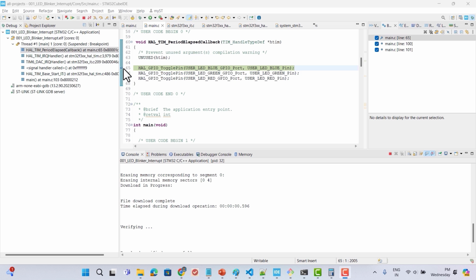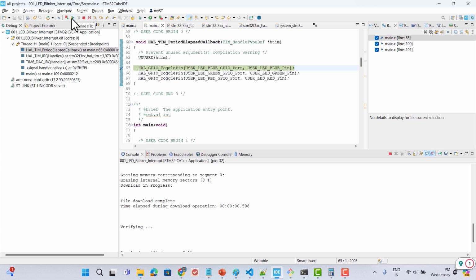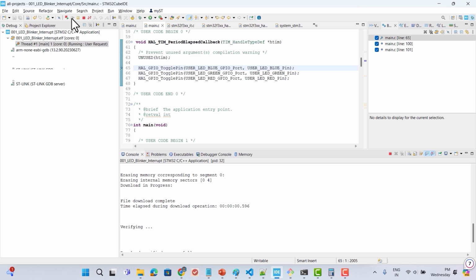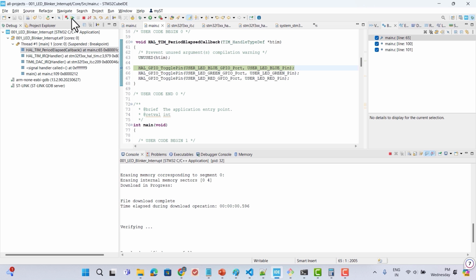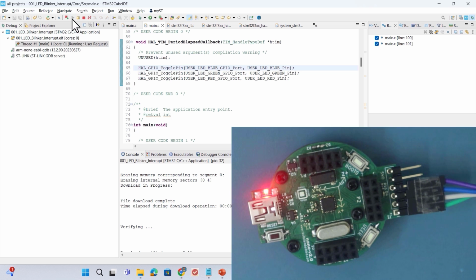Now let me just remove this and hit resume here. As you can see, it again came to the period elapsed callback. So this callback will be called every 500 milliseconds. On the left hand side, you can see the call stack. First the interrupt will be triggered, so the IRQ handler is executed, then the interrupt is handled in this function, and this function calls the period elapsed callback. Let me remove this breakpoint and hit resume, and now I can see that all the LEDs are